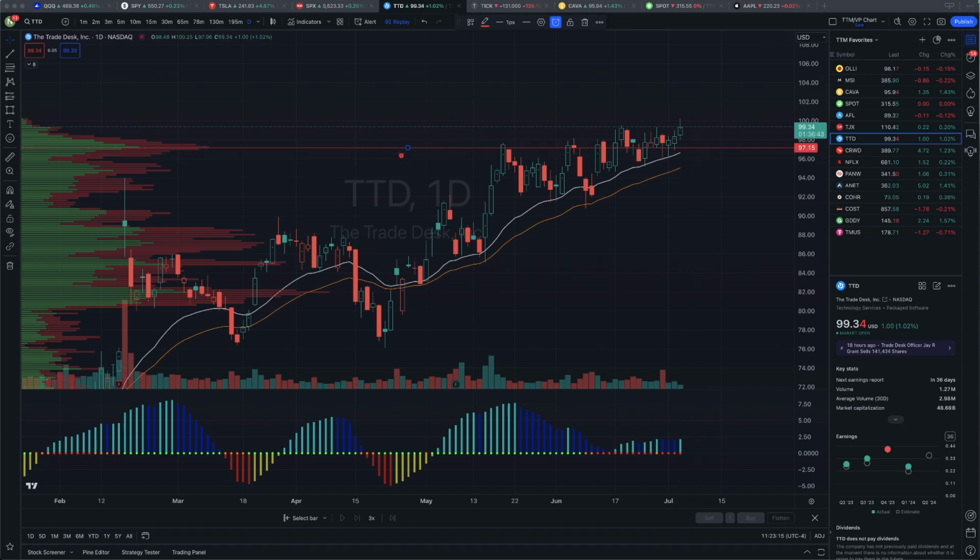right? Look at this on the daily. Look how many times this thing has respected the 21. Yeah, we got a little spike through here, here, here, right? So I want to look for a time when, and we're already through today, so maybe Friday or Monday, we get a pull down to the 21 and the point of control for a buy for a continued move higher, right? So I don't even really need to mark that up further than that point of control level and putting an alert there so that it lets me know when it comes down into it,